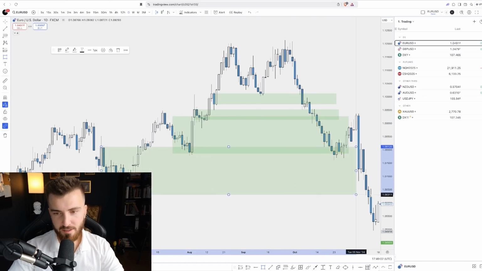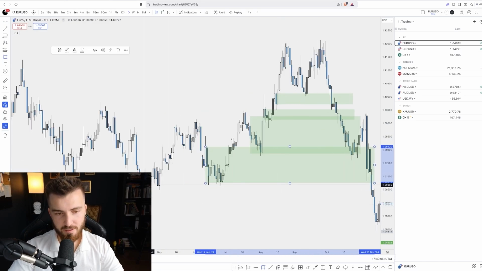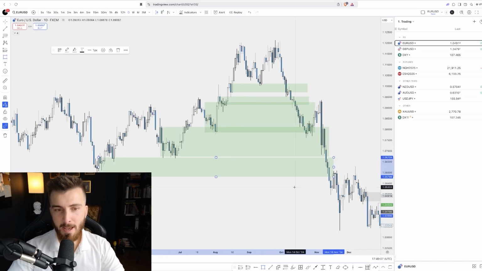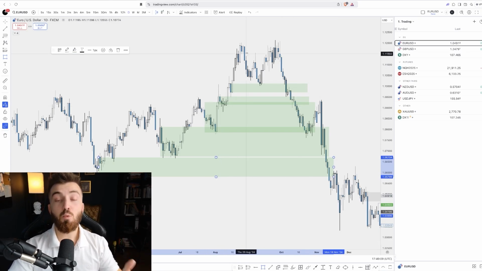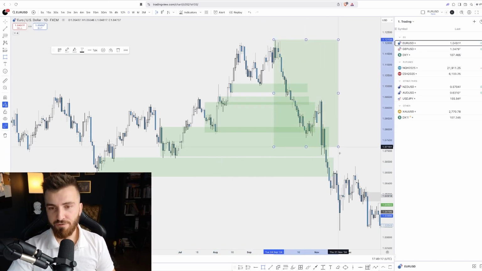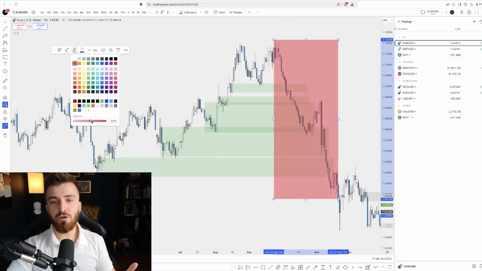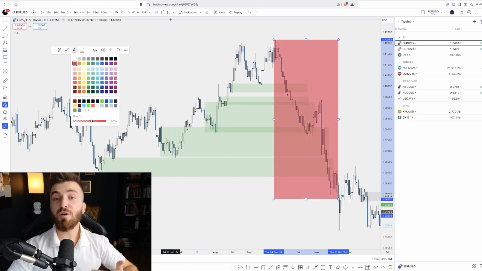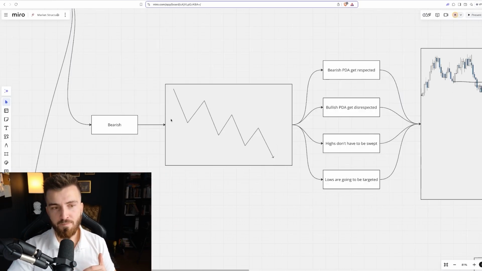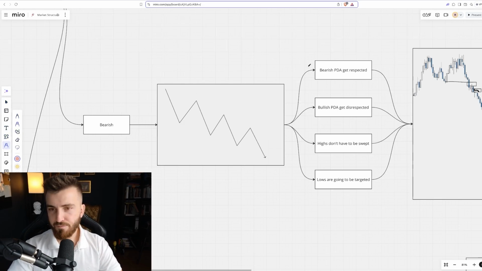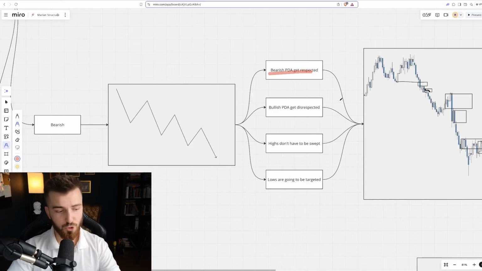Gets disrespected, right? But they only got disrespected once the structure shifted bearish. That's when all of these PD arrays got disrespected. And what were the ones that got respected? It was the bearish PD arrays. So, on a bearish trend, bearish PD arrays get respected, which we saw. Bullish PD arrays get disrespected,